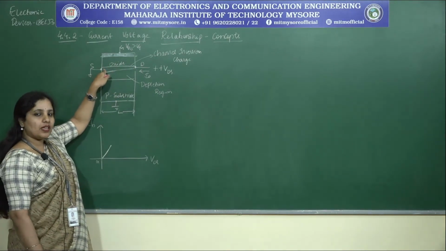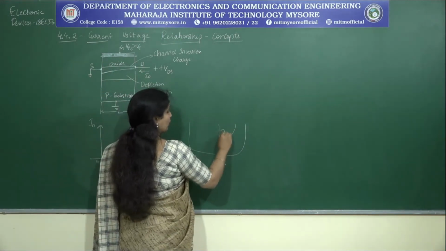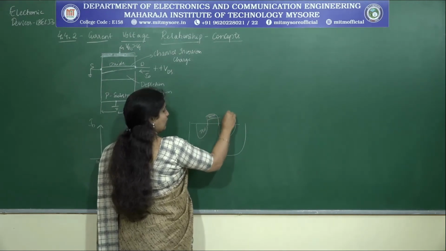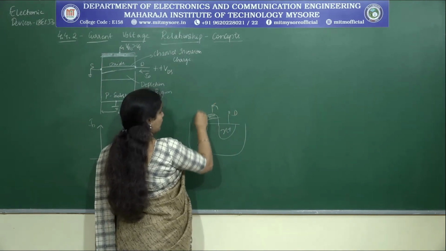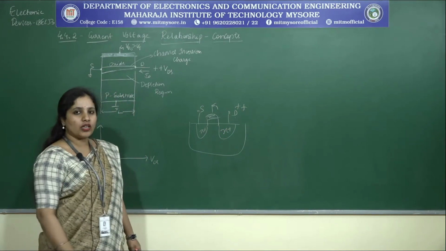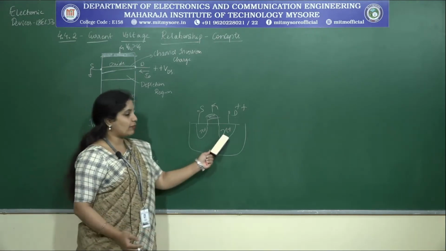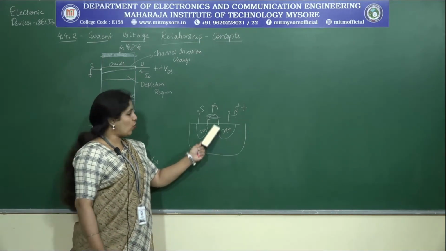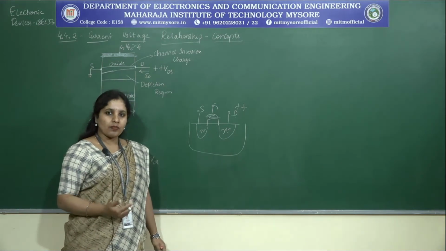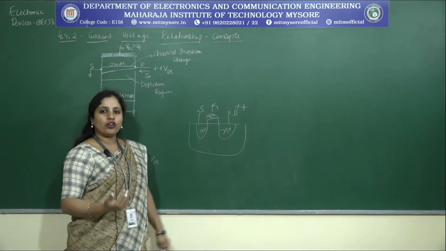Now, why is this happening? Because we know what this drain region is made of. You remember, these are the N plus wells. This is the drain that we have, right? I am trying to provide more and more positive voltage to the N plus region. If I am doing so, what happens to the depletion region? Will it widen further, or will it remain the same? It is widening further, right? Because we are making this junction reverse biased.